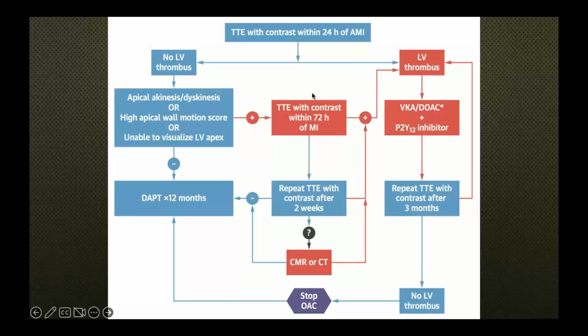If at any given point these patients have a thrombus formation, they should be started on anticoagulation, and the usual gold standard right now, or standard of care, would be treatment with warfarin. However, off-label use of DOACs is still being prescribed, but there are no large randomized trial to compare warfarin to